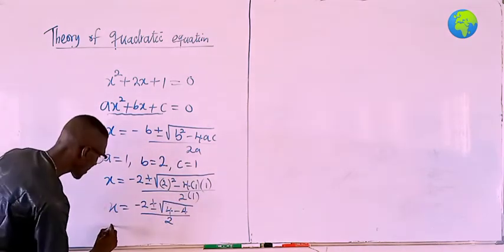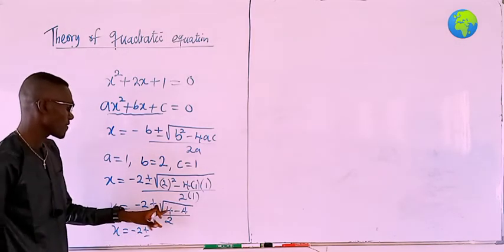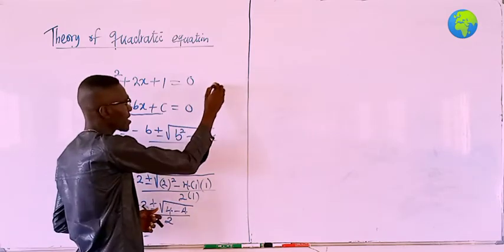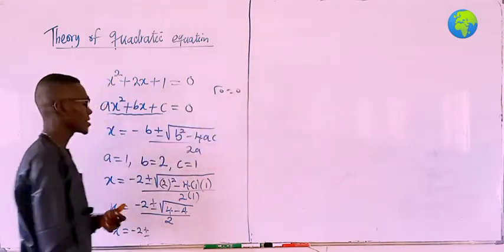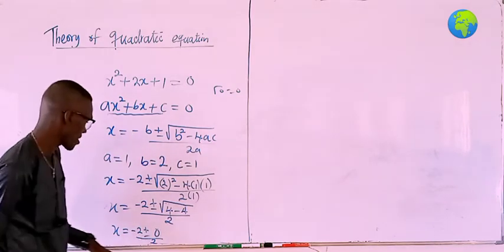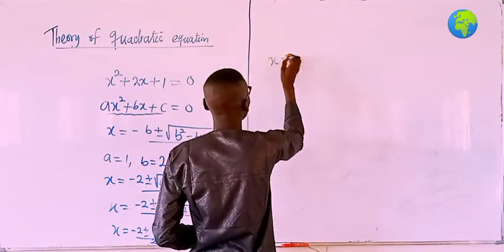So you can see clearly from this point, x equals minus 2 plus or minus 4 minus 4, that's 0. Square root of 0, normally, is always equal to 0, right? So I'm going to have 0, but everything divided by 2. Sorry, I'm out of space. I will just use this, please. So I'm having x equals